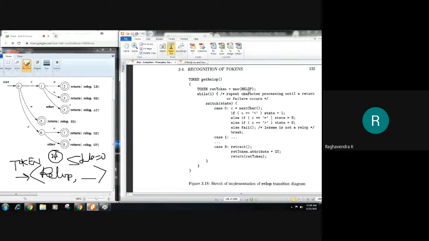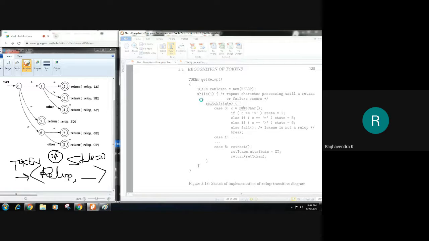So when I read the next character, so for example here, just a second.